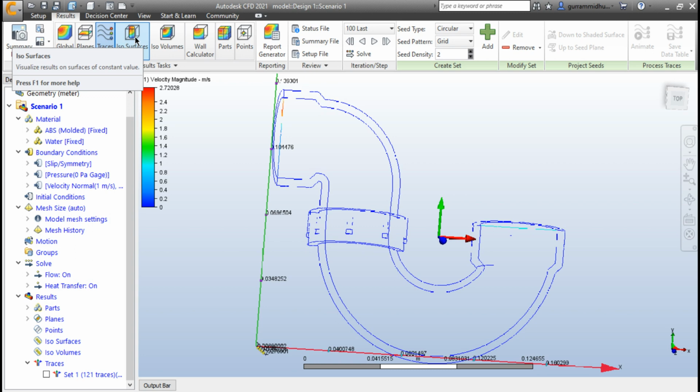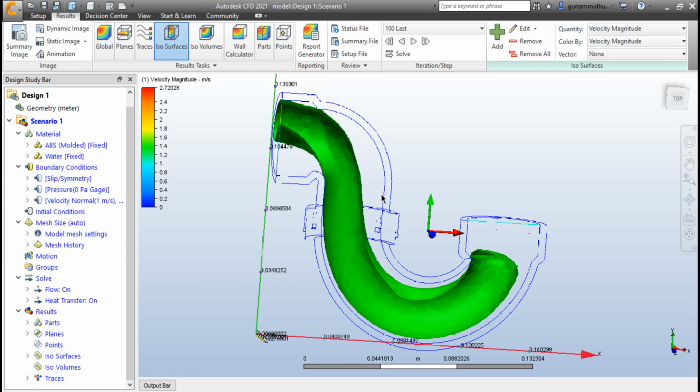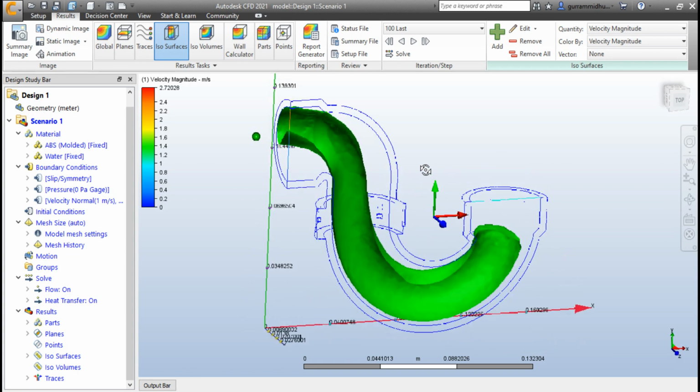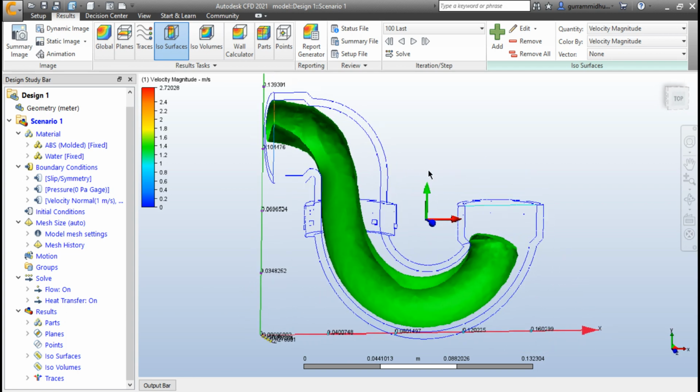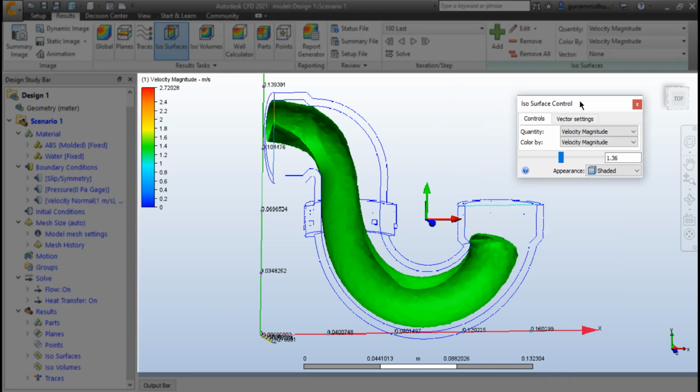even you can visualize using isosurfaces. Just click on this plus icon. It just creates a surface based on velocity magnitude. If you click on edit, you can change the velocity quantity. These are all the particles that have velocity less than 1.387.